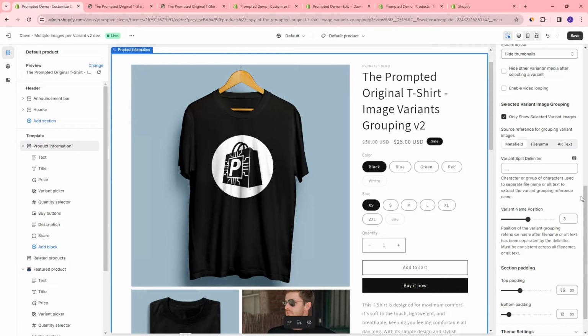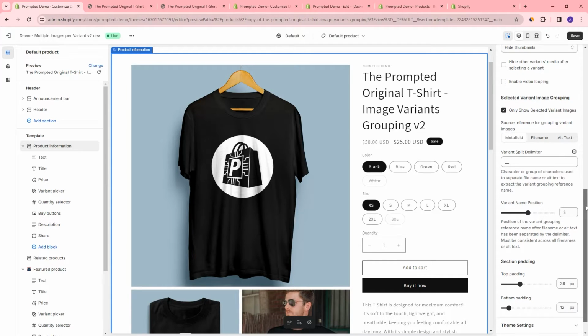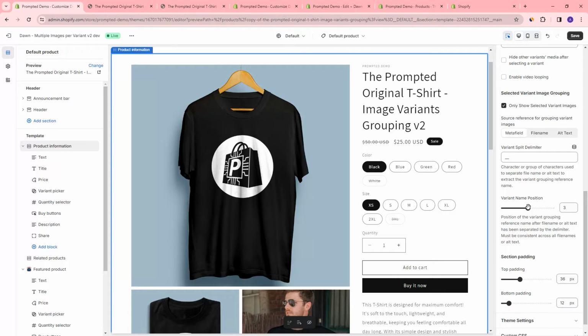Like I said, I'll get into this a little bit later on when we actually do the customization and start to group these products together. But for now, just know that you have multiple different options to do this, and you can choose the one that you like best. And then these two here are just to support the file name and alt text methods